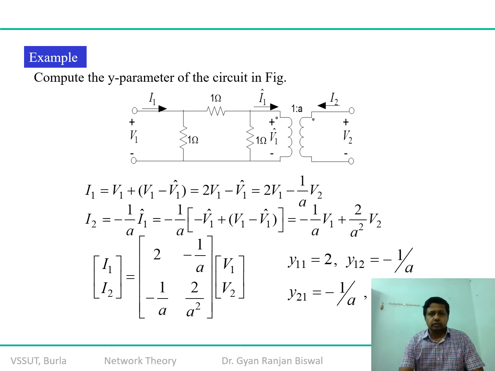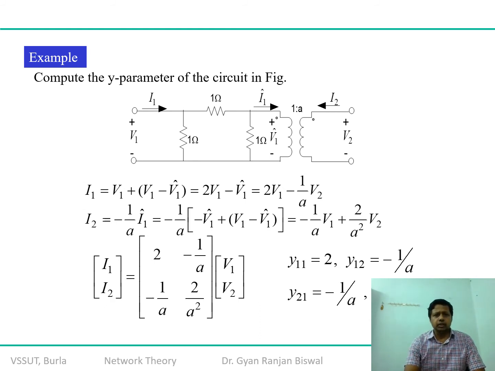Even if it is not mentioned at the terminating end, obviously it should be noted that this potential drop will definitely be different from that of V1 because of this pi network. Okay, so a certain amount of drop will be experienced over here, so this value will be lesser than this. So let us assume that this value is V1 cap. You can take a dash or any nomenclature other than V1. Okay, so that's how you can write down one nodal equation related to I1 in terms of V1 and V1 cap. Similarly, you can write down another equation for I2 in terms of I1, because this is 1 by a at the time, so I1 cap is minus a times I2, so I2 is equal to minus 1 by a times I1.